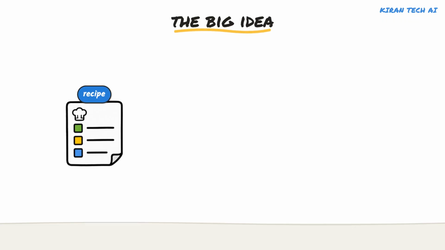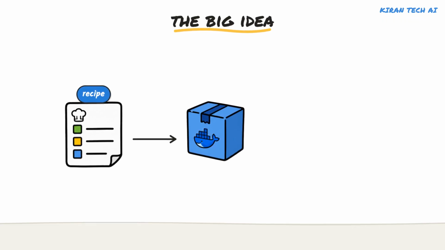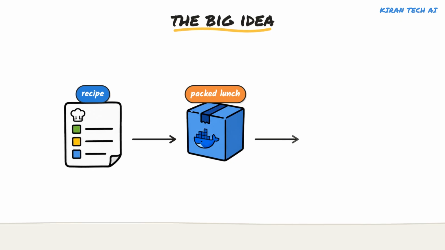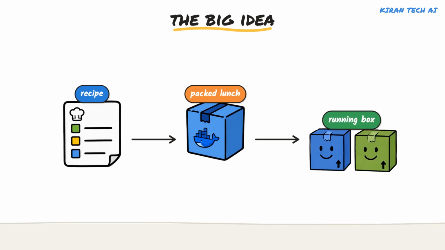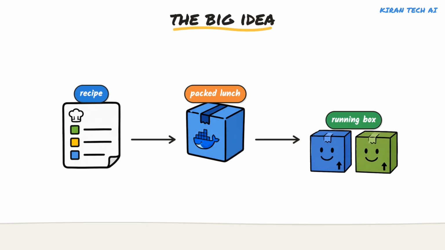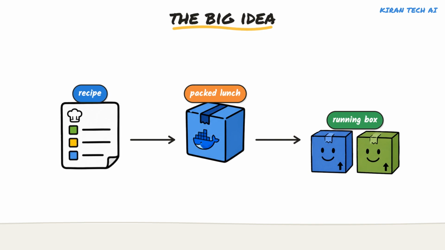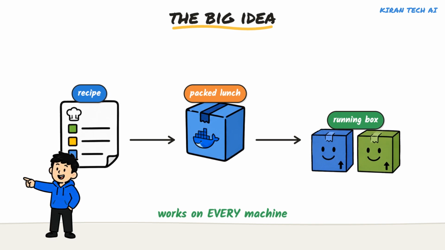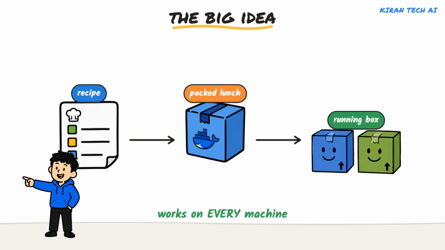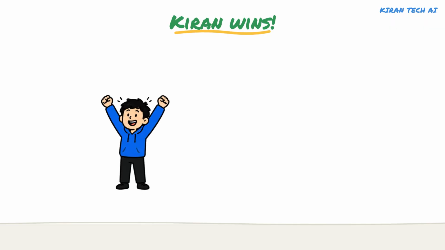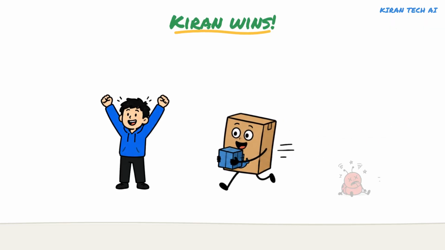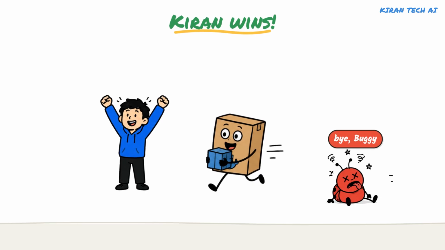All right, let's zoom out to the big picture. The Dockerfile is your recipe. The image is the packed lunch made from it. And the Docker engine is the kitchen serving it. Anywhere. So you go from raw code to a running container in minutes. The same steps every single time. Which means no more works on my machine. From now on, it works on every machine. That's the whole win. So Kiran wins, Boxy happily carries the app anywhere it needs to go, and Buggy, just